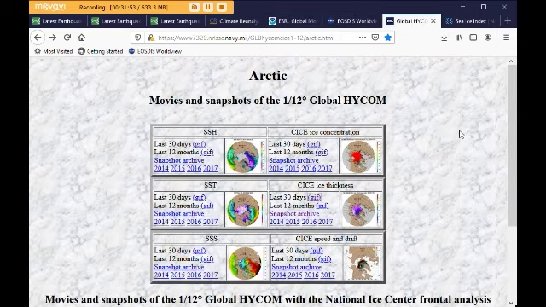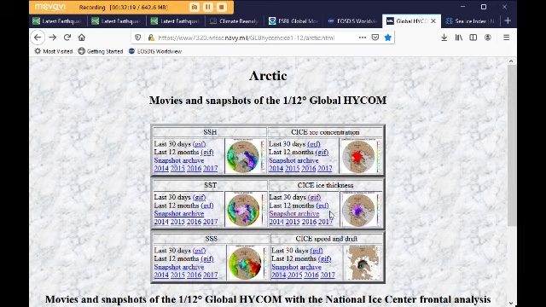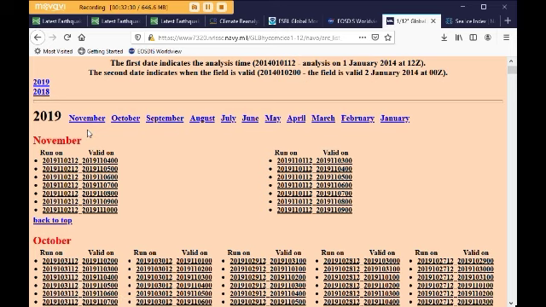One thing I wanted to show you on this Navy website, you have to be careful. So here's the sea ice thickness. If you click on this little picture, normally it shows the current day. But if you look up here, it's showing November the 10th. So they've got the wrong date up here. So the way I got November the 3rd is I went into Snapshot Archives, and here's November,